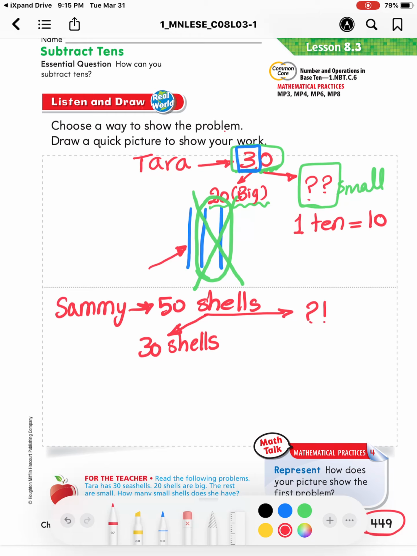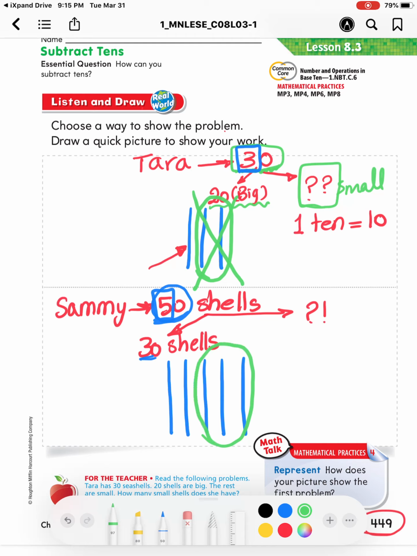Let's draw it together. Now, Sammy has how many shells? 50. So how many tenths are we going to draw? 5 tenths. So we will draw 5 lines to represent the 5 tenths. 1, 2, 3, 4, and 5. Now Sammy gave how many shells to his friend? Yes, excellent, 30 shells. So we will take away